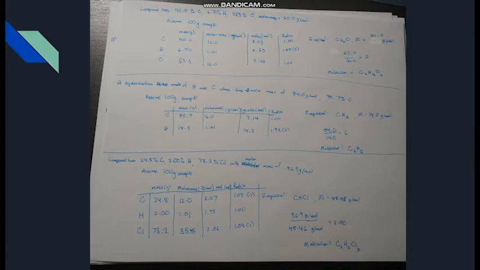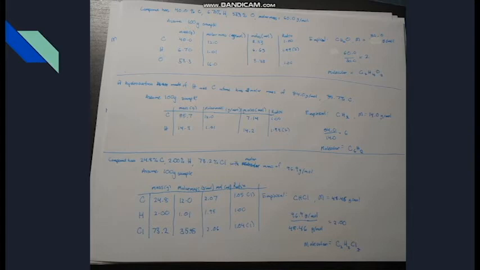Multiply the whole compound by 2 to get the right number of atoms for each element, which means we're going to have C2H4O2 as the molecular formula. Now, a hydrocarbon made up of hydrogen and carbon atoms has a molar mass of 80.0 grams per mole, and it is composed of